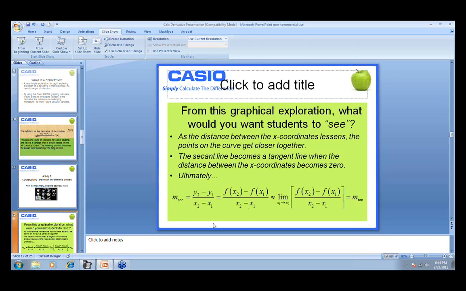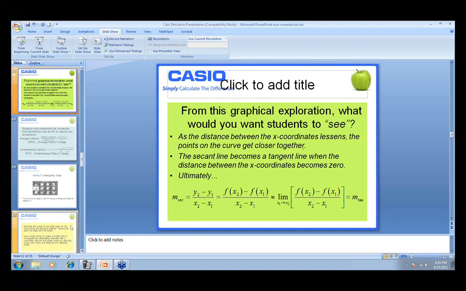Ultimately, you want students to understand that the slope of the secant line, which is always found by the difference in y over difference in x, in terms of function notation, we change it from y's to f's, and then this is approximately going to give us, it's going to be equal to the limit as the x1 coordinate actually becomes the x2 value. In other words, that causes the denominator to be 0, so that we have that phenomena happening of it becoming the actual slope of the tangent line. So this kind of helps them progressively see and understand how that happens.